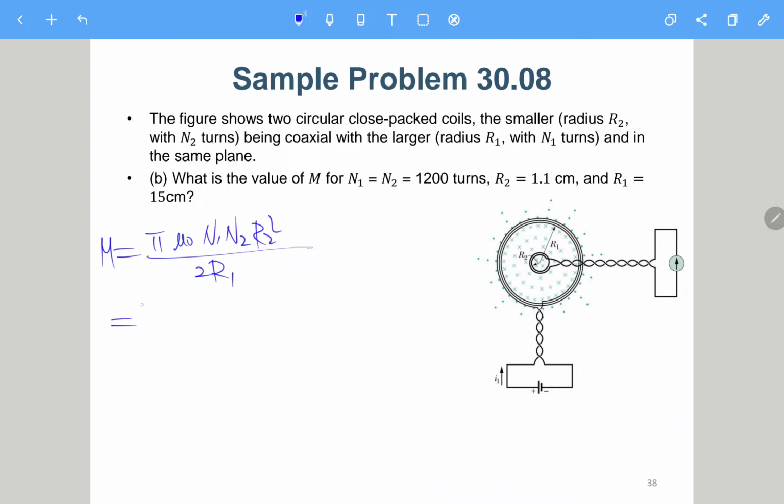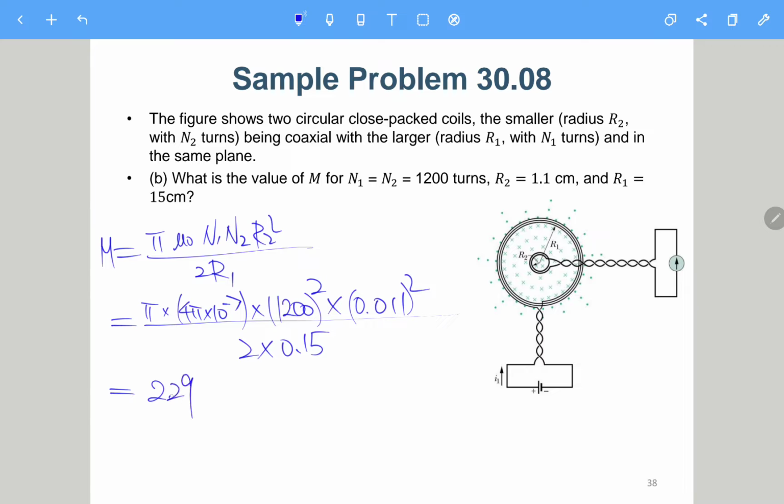So this is pi times 4 pi times 10 to the minus 7, times 1200 squared times r2, which is 0.011, squared, all over 2 times 0.15. So this is 2.29